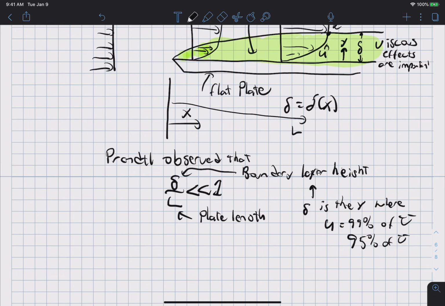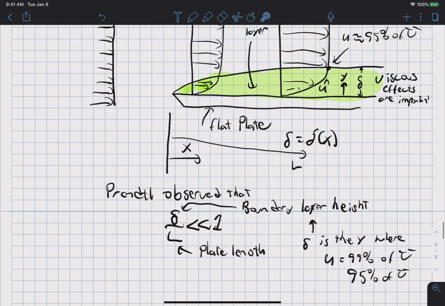It's just when it is close enough. It is when the velocity profile here is close enough to the free stream